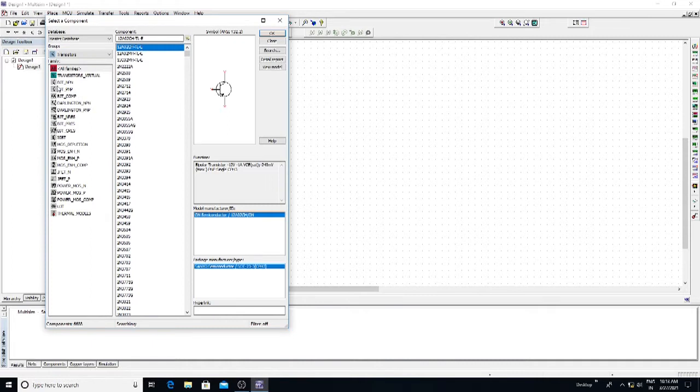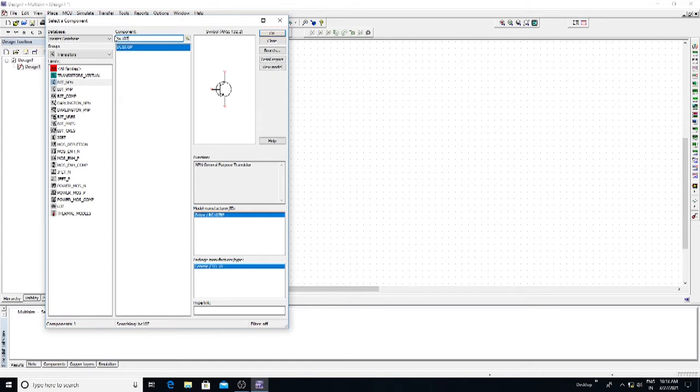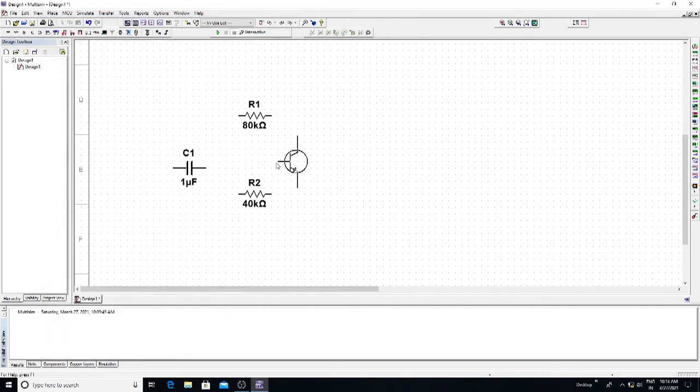Here we have different types: BJT NPN, PNP, Darlington, all the MOS types, depletion, all different types of transistors. In our experiment, we are choosing the BJT NPN transistor. Click on that. The component number is BC107BP. This is the transistor number. Type the transistor number, click on OK, and place the transistor here.